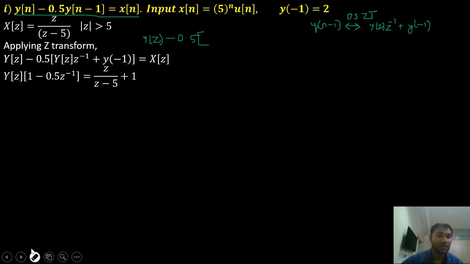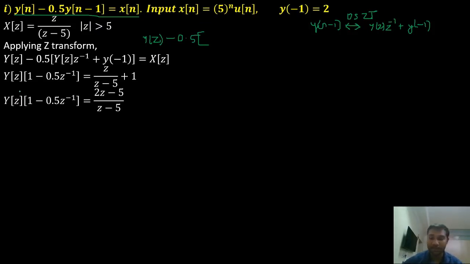Now I'll simplify this, and in place of X of z I substituted whatever I found for X of z. Right, now I'll find Y of z. I'll simplify for Y of z. So this is my Y of z: 2z minus 5 divided by z minus 5